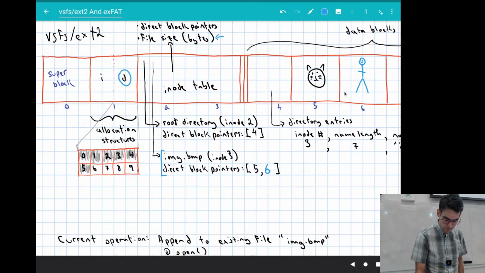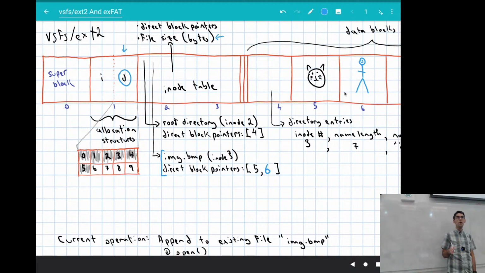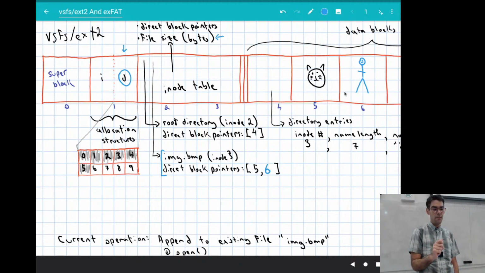Making a change to the data bitmap here, our allocation structure, is effectively going to be one write operation to my disk. It's a block, but we're going to be able to make that change with one write operation. We're going to be able to write one sector to our disk, and we're going to have that change appear. I then separately have to make a write to my disk for the inode table. I'll make changes to it, I'll read it, and then I'll write my inode table back out with the changes that I've made to the inode structure itself.